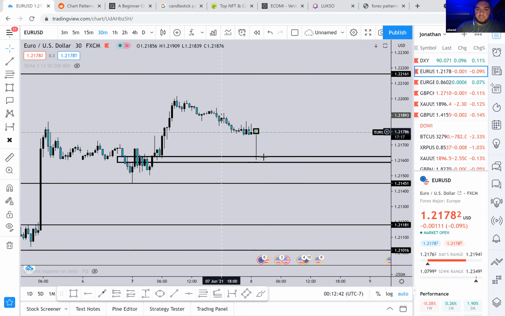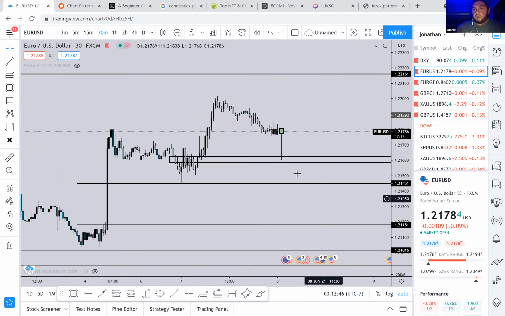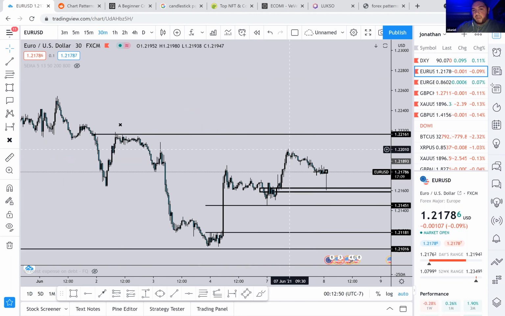So I'm looking for price to come down here and then create a hammer, after which they'll end up coming back up. So this is the price action plus the formation, which is the pattern, plus the target, that I'm looking for it to actually do. So that's what I'm kind of looking for. So actually tonight, this will be something I really look